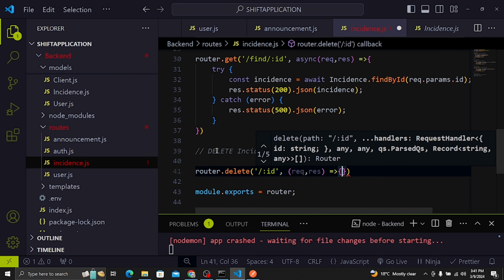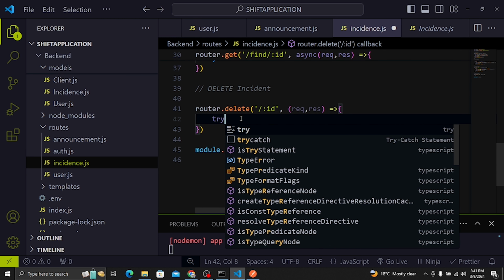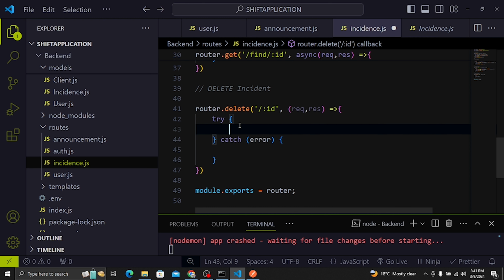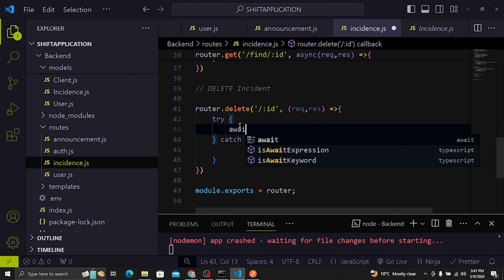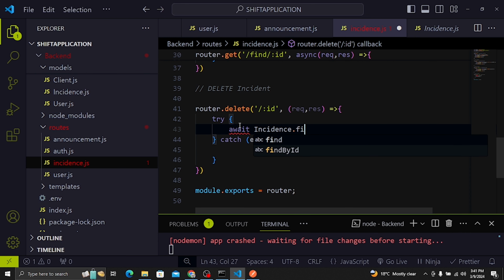Here also I'm going to add now the functionality. So I'll just say try catch, and then here I can say await, and then incident, and then I'll say find by ID